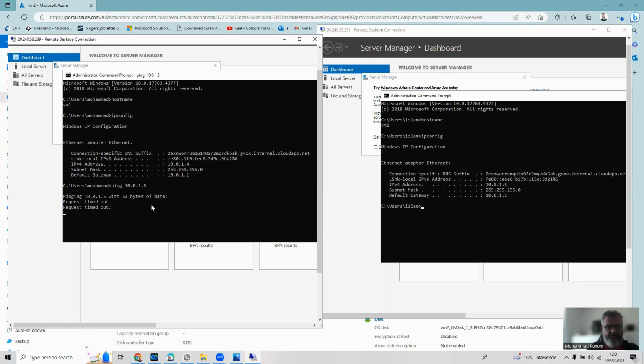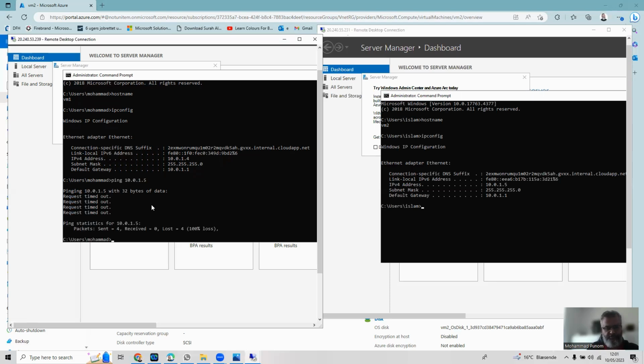As these two machines belong to the same subnet of one virtual network, they should communicate. But it shows an error message that the request has timed out because there is some issue with the firewall setting